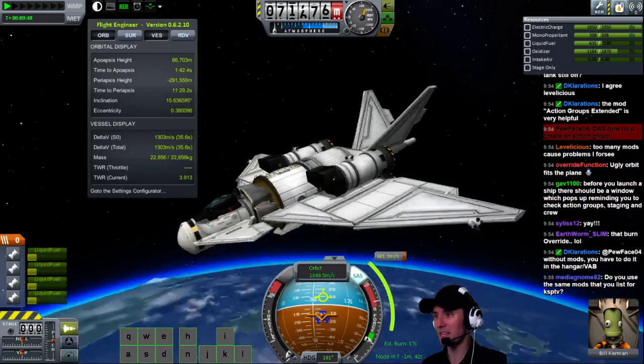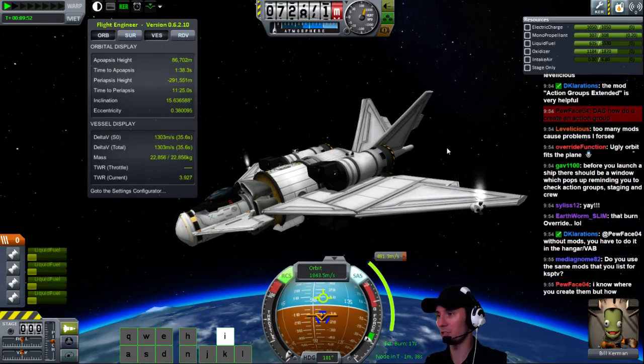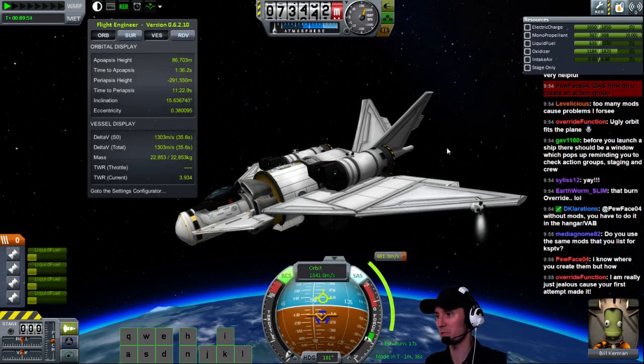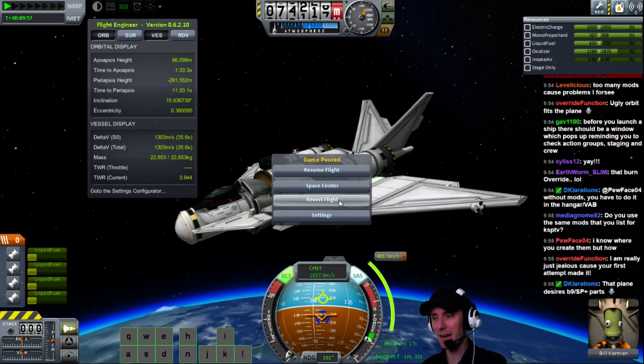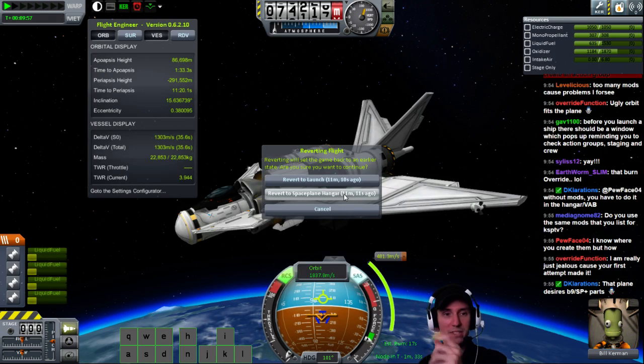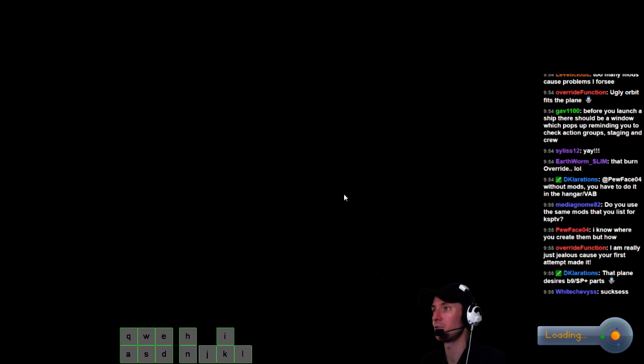But I am going to say that this guy was a success. He got us to orbit. He's got RCS. We've got control authority in a couple different directions, mostly back and forth. That's good. Let's go back to the spaceplane hangar, fix a couple of those problems, see if we can't get a cleaner orbit. DK, you're not wrong. This plane totally desires 0.25 parts, I think. Let us see if we can't get a little bit cleaner orbit and get this plane into a rendezvous with